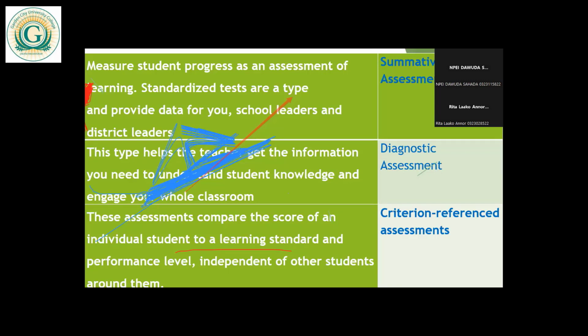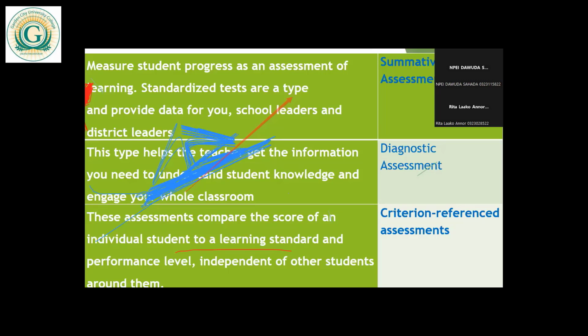Because we are assessing you, your score is being measured against a standard, which is accepted. And we know that for practical exams, you must score 55 to pass. And for that 55, there's a criteria to even score it. So it's not about other students around you. It's irrespective of the performance of other students. So what we are saying is that in this criterion referenced assessment, if you are 10 people, they are assessing using a standard, a learning standard.